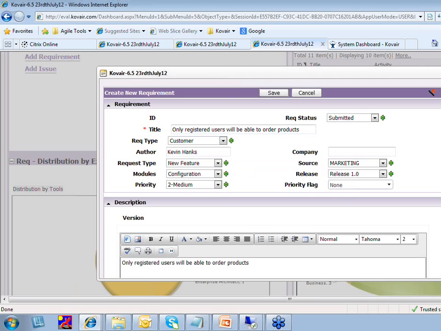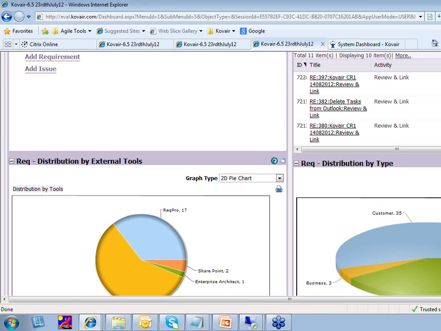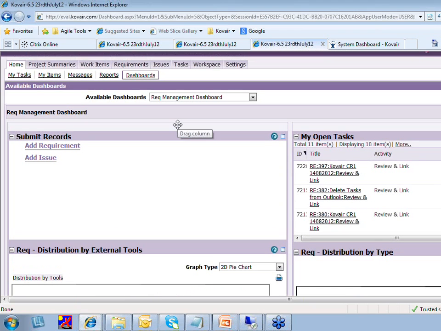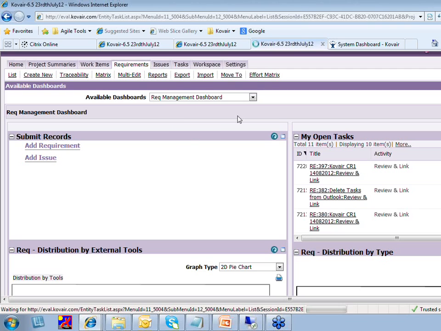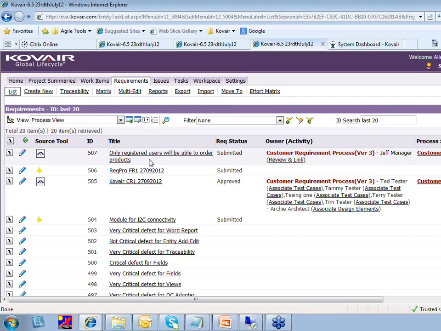Now as Alan saved this particular customer requirement, the inbuilt process engine of Cover triggers and generates a task for the respective stakeholders as it is configured in the system. So if we now go into the actual requirement stage, you will see this particular requirement has already generated a task for the particular stakeholder. Here you can see this is the particular customer requirement, and it has